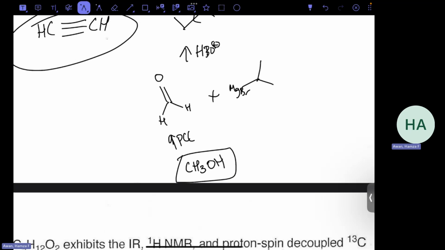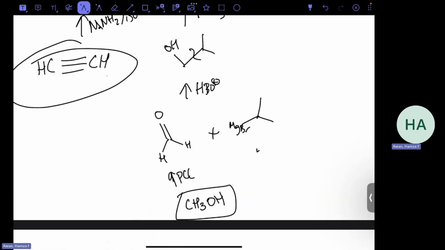So that is a primary alcohol, 1 carbon. So it fits the description. We can use Mg/ether, and that'll get rid of that Mg. And so now we have Br coming off of this, and now one more PBr3 will take it completely off and give us that